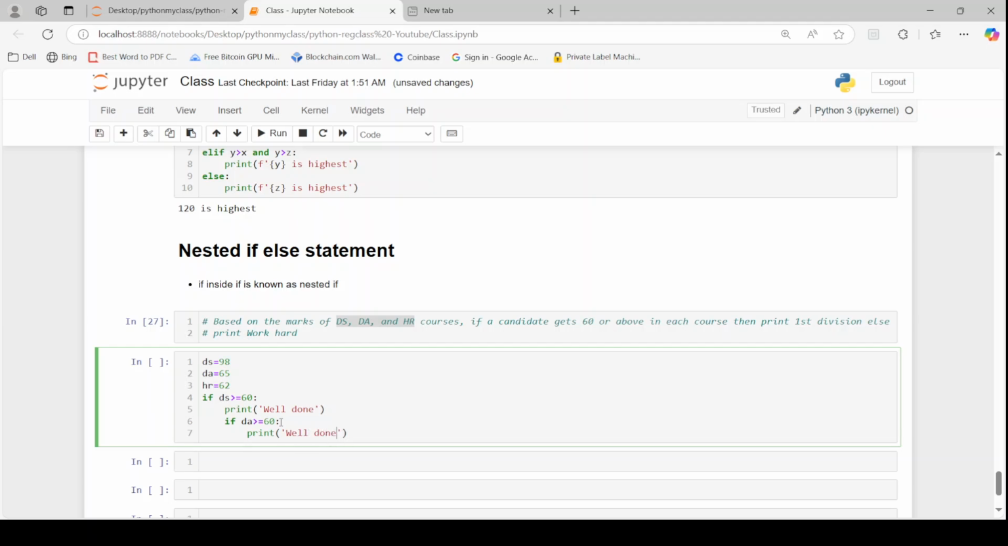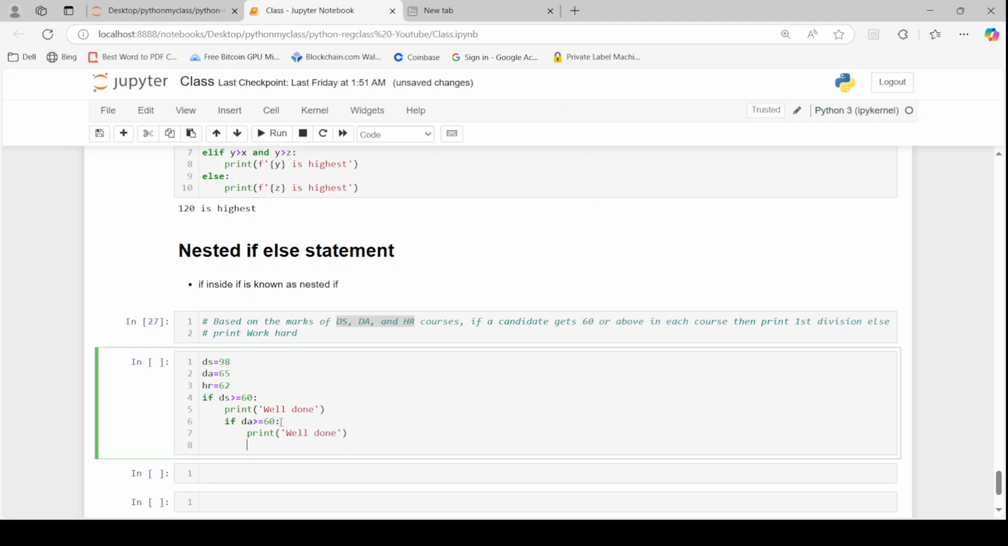well done, and here give another if condition. Now this if condition lies within this if condition, and this if condition lies within this if condition. So we can say both these ifs, this if and whatever if condition I will give here, lie inside this if condition. This if condition is the outer if condition, this is the first inner if condition, and this will be your second inner if condition. If HR is greater than or equal to 60, print